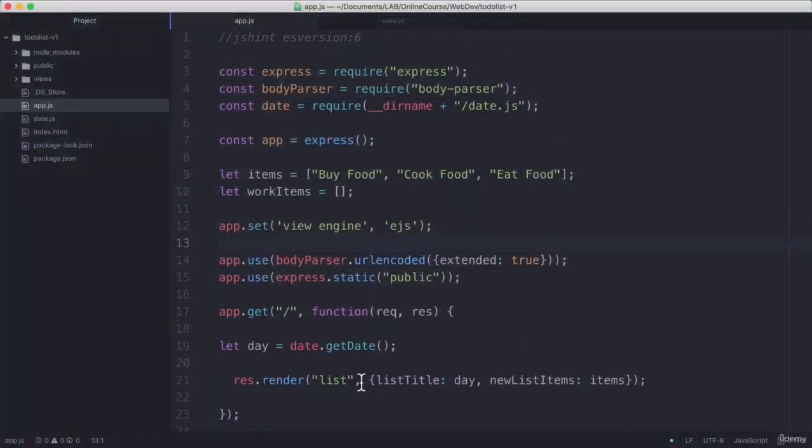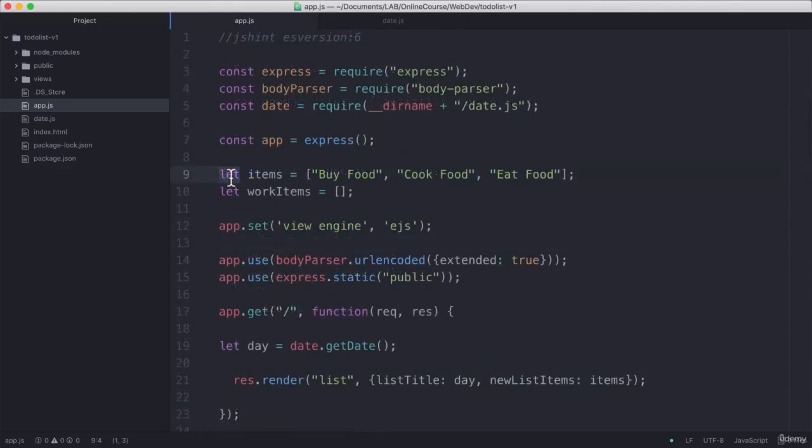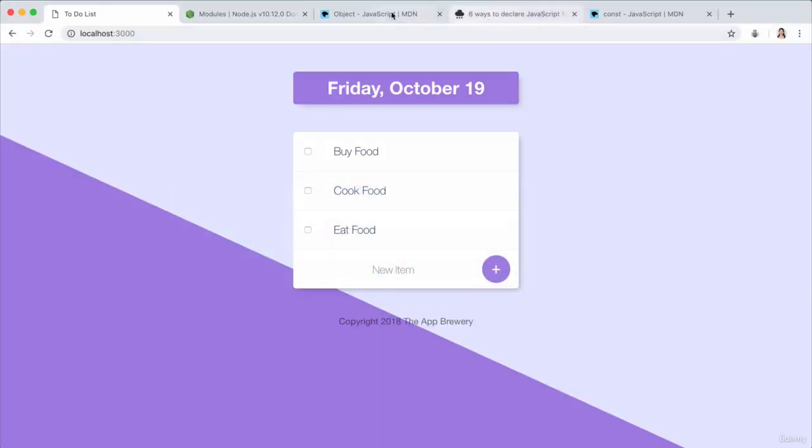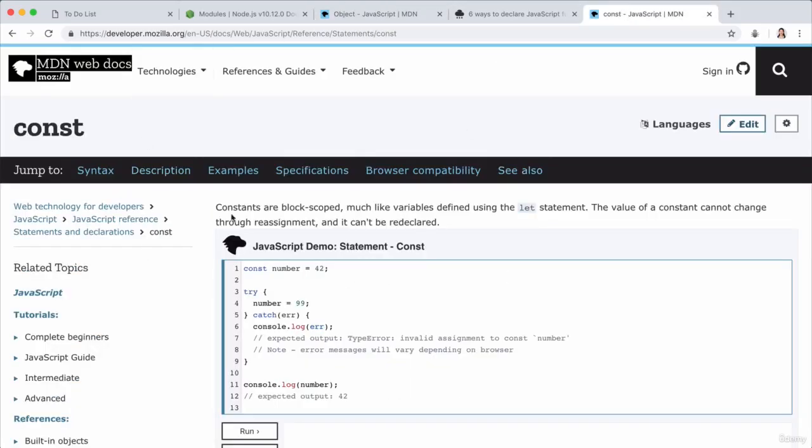Now, back in our app.js, we can do some more of that refactoring. For example, here where we're changing the items array into a const, and you might say, hey, wait a minute, we're going to change this, right? We're going to add new items to this array. So how can we make it a constant? Well, this is a little bit of a quirk of JavaScript, and it's not this way in some languages,